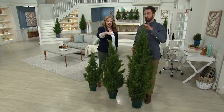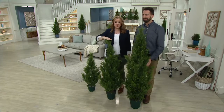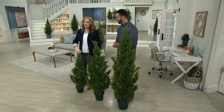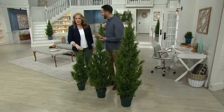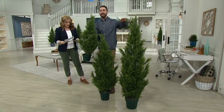It is. 5 feet 2 inches with the 60-inch size. 4 feet 2 inches in the second size. That's right. And then I love that we're calling this the smallest. There's nothing small about it. That's right. It's a little more than 3 feet tall. And you mentioned it. You drop this on an end table or something like that, and now I'm sitting even